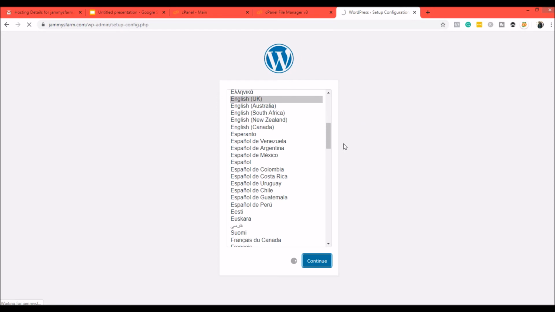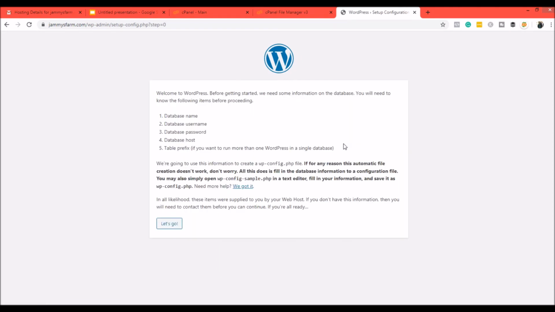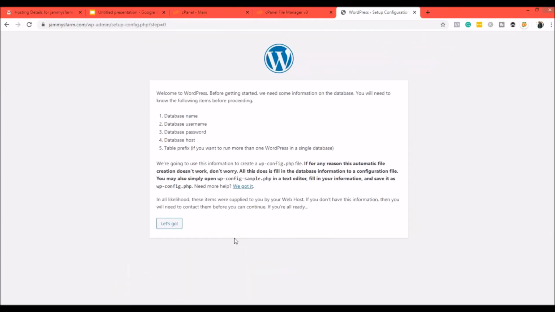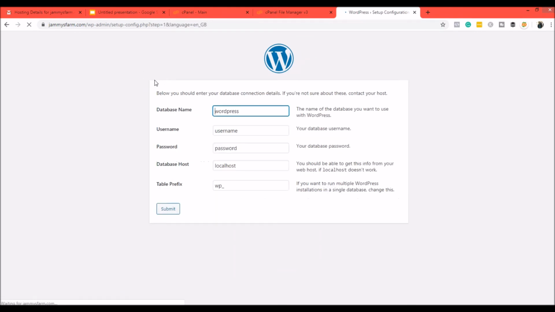Now, okay, it's loading. Now it's telling us what we need to make this hosting possible. Okay, it's telling us what we need. I think we already have this information here, so we are good to go. So we just click on let's go. So this is it. This is where we'll be needing all this information